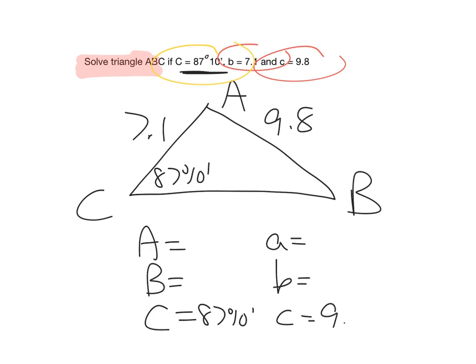Side C is 9.8, and side B is 7.1. So this problem is going to have you finding angle A, angle B, and side A. And if we go through our checklist of rules,